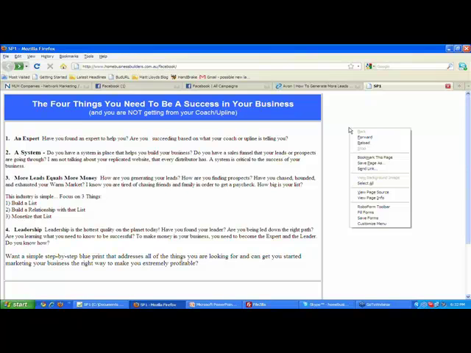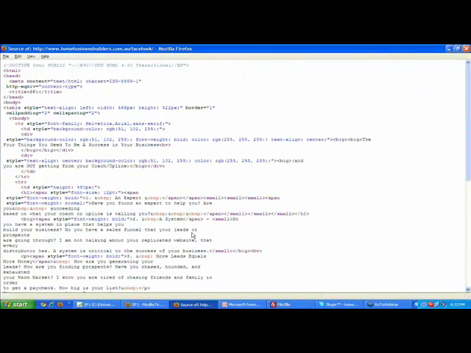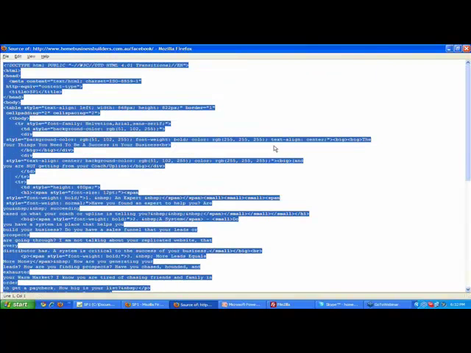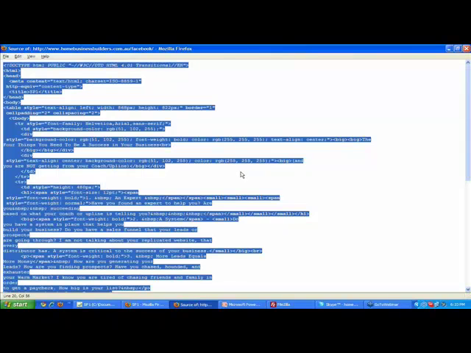To do that, you're going to simply go to this page and right-click and go down to where it says View Page Source. And you're going to get this little pop-up box like this. Now what you are seeing here is the HTML code for this website. If you have no idea what any of this is, that doesn't matter. You don't need to. All you need to be able to do is highlight everything you see here. You can simply hold down Control and press A on your keyboard, Control A, highlight everything,